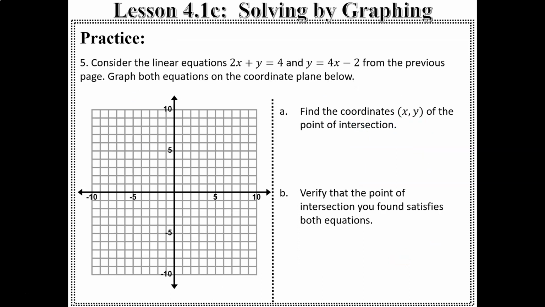Number 5, consider the linear equations 2x plus y equals 4 and y equals 4x minus 2 that were on the page before. So what we're going to do is graph them. When we flipped around 2x plus y equals 4, we already did this. We turned it into y equals negative 2x plus 4. So we're going to graph that. We're going to start at 4, negative 2,